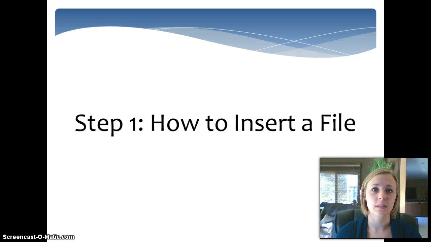Let's start with explaining how to get a file into Planswift. Planswift claims they can take many file formats, including TIFF, .dwg, PDF, JPEG, and more. However, in the trial version, I found that I could only input a PDF, so that is what I'll do